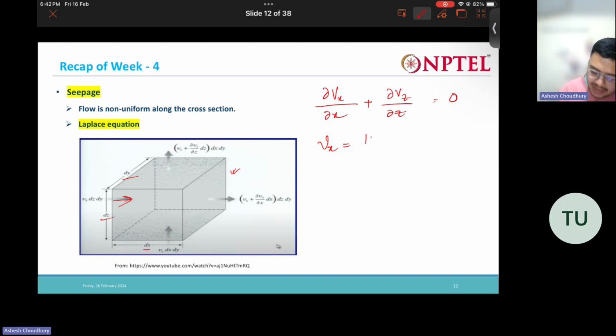So this Vx is Kx, the horizontal conductivity in the x direction, into Ix. And we can write Ix as dou h by dou x, where h is the head loss, or the head difference, and dou h by dou x will give you the hydraulic gradient. Similarly, Vz we can write as,